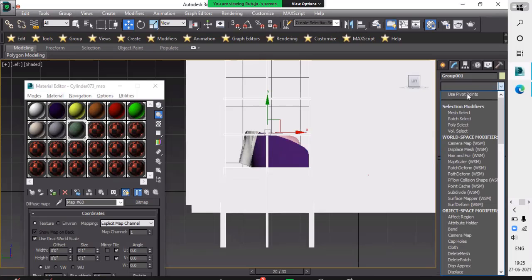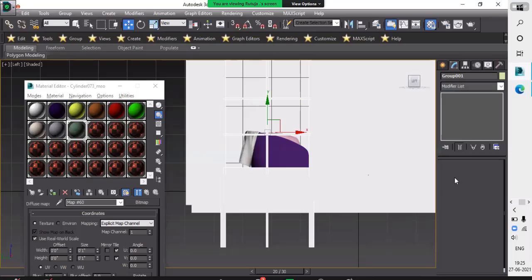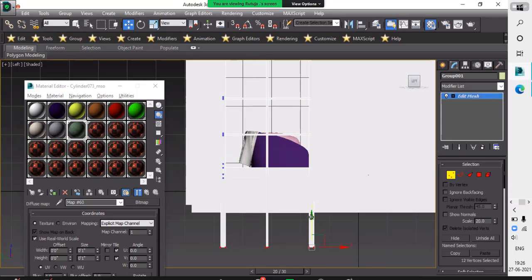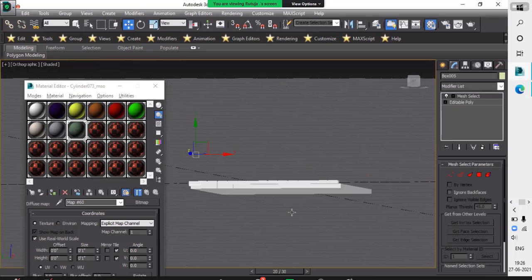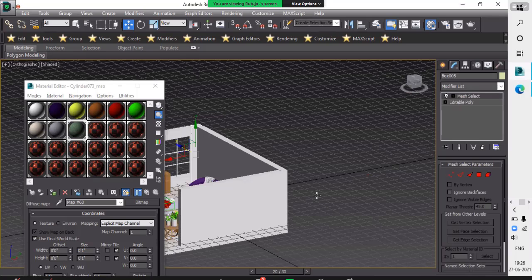I use editable mesh for this editing and I will reduce the size of this one.